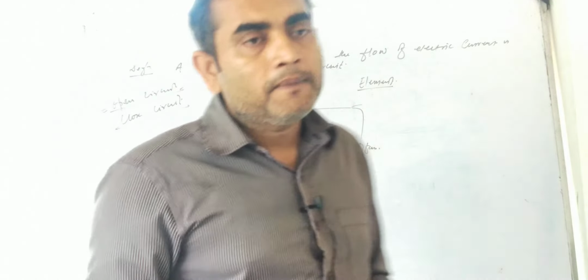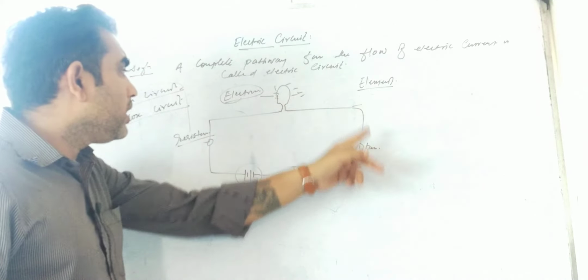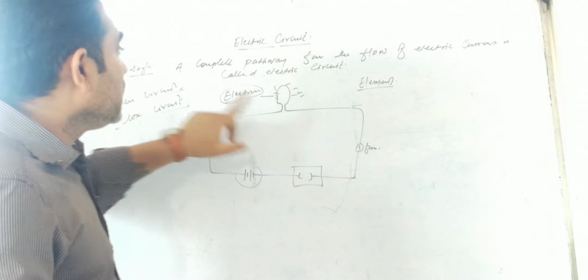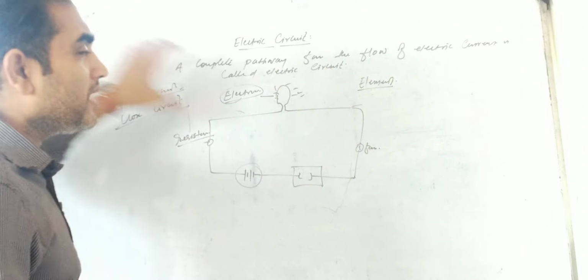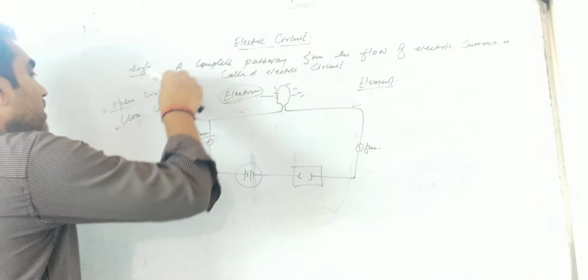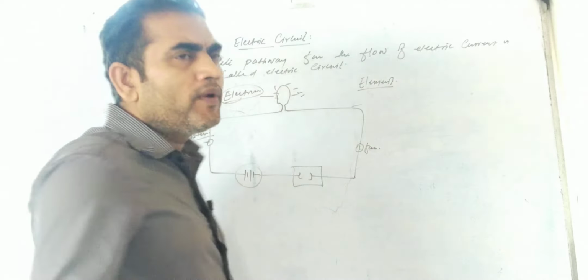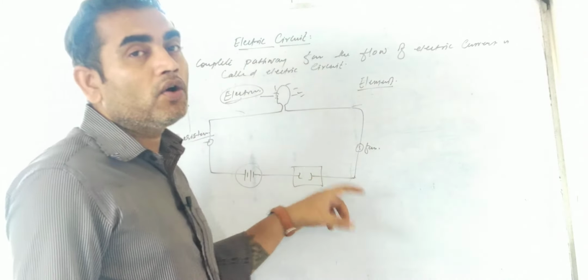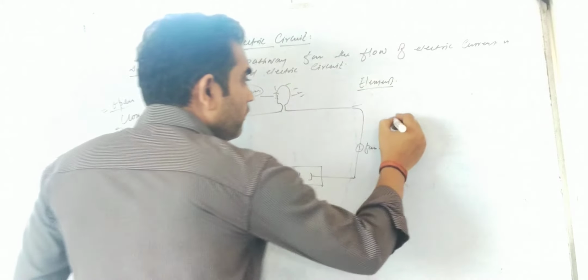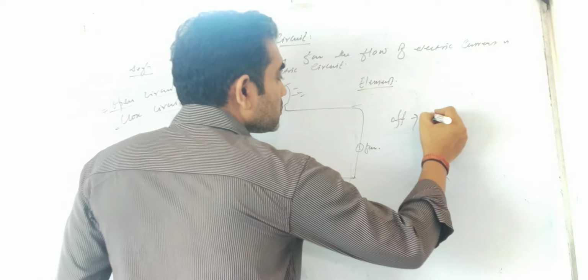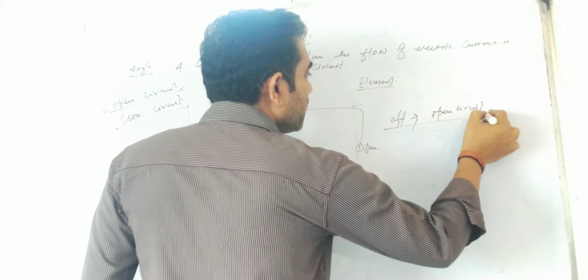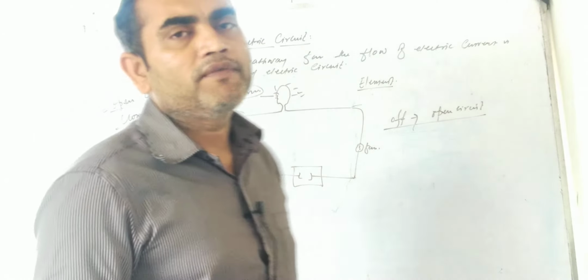So the first thing is that each and every component will not be in contact with each other, and electricity will not flow through the circuit, so that situation is said to be the open circuit, and the other is the closed circuit. In this situation the switch will remain turned off. If the switch is turned off, that means it is the open circuit. Open circuit means each and every component is not in contact with each other.